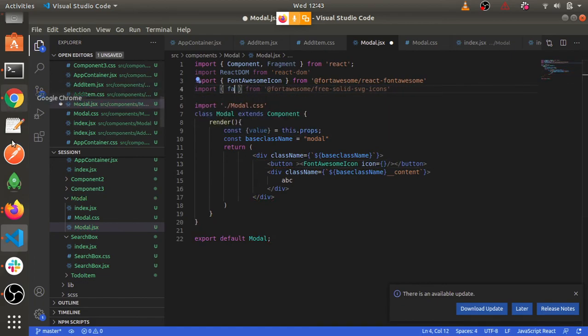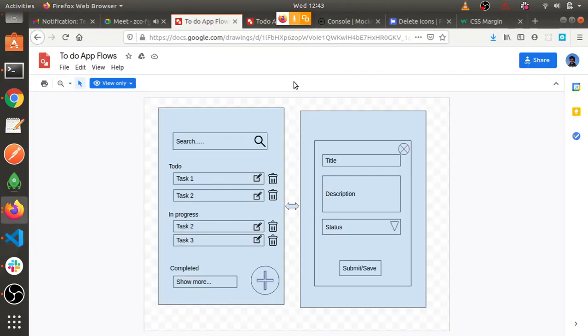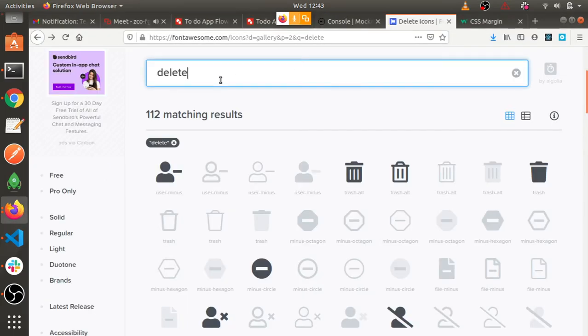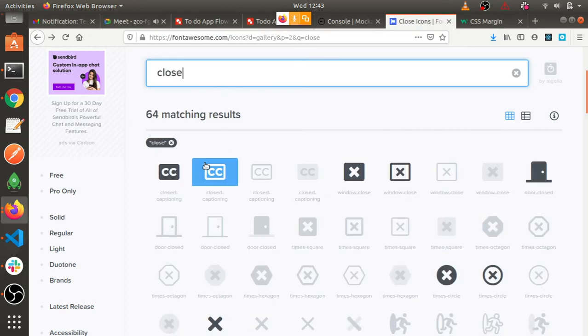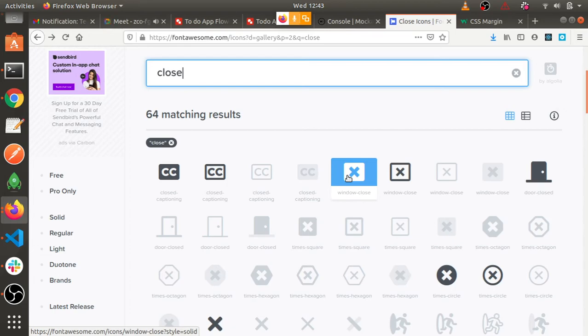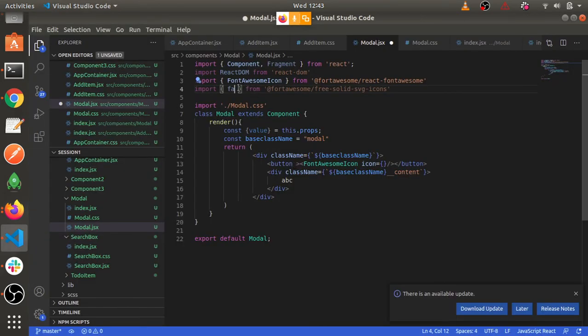I'm not very sure now, so I'll search it what it should be. So let's search for close. Let's see what comes. This one will work, right? So this is window close. So I'll name it window close, and I will import it here.